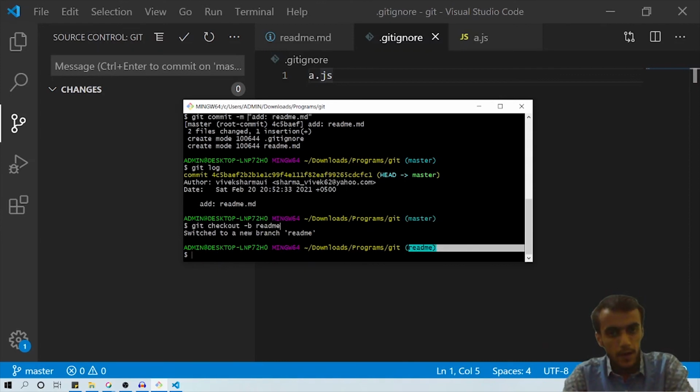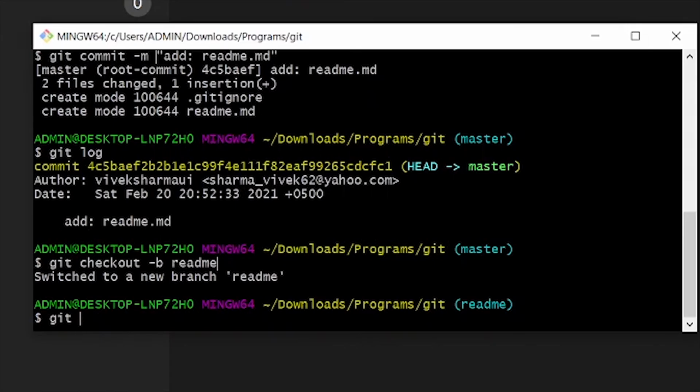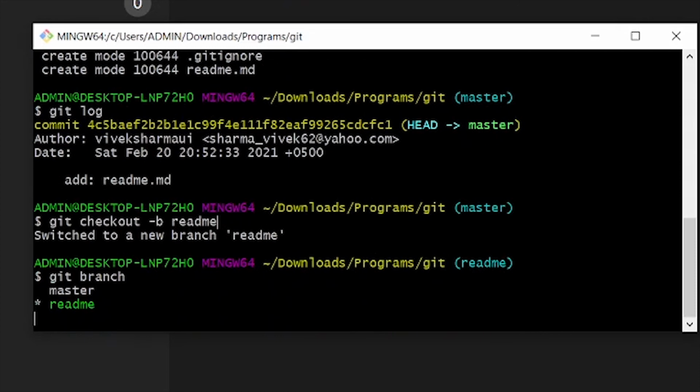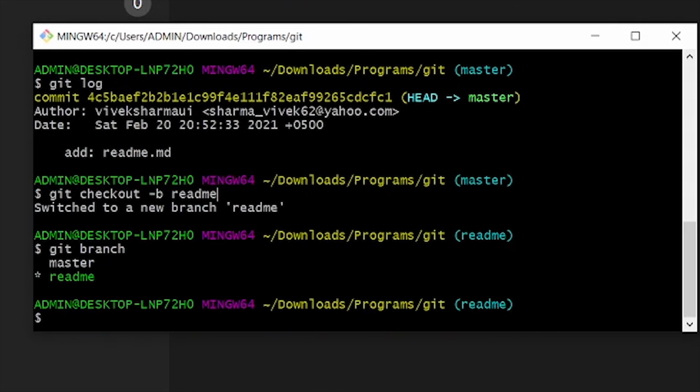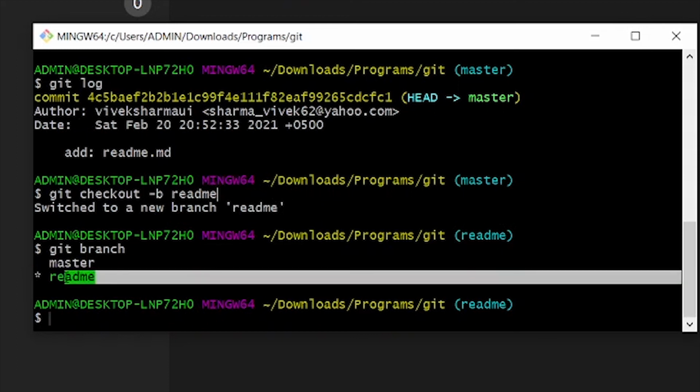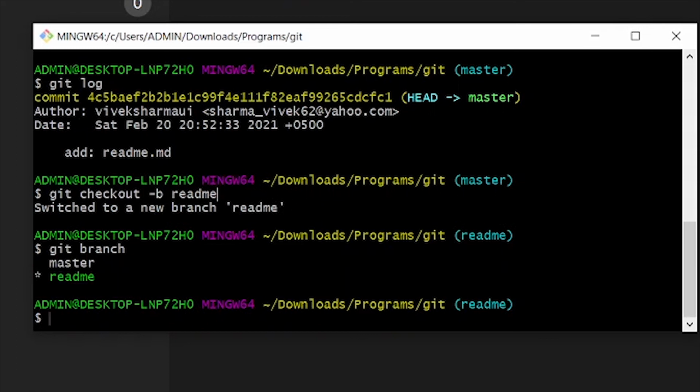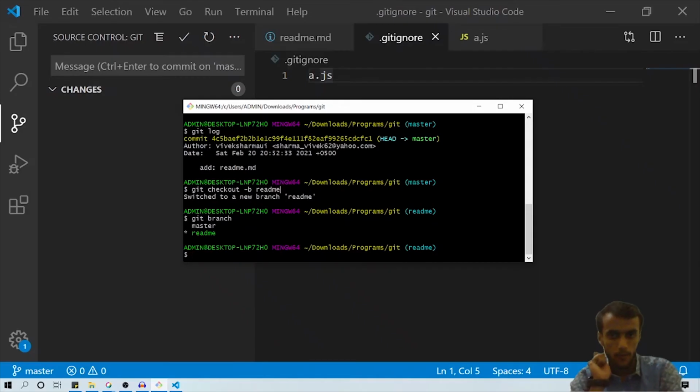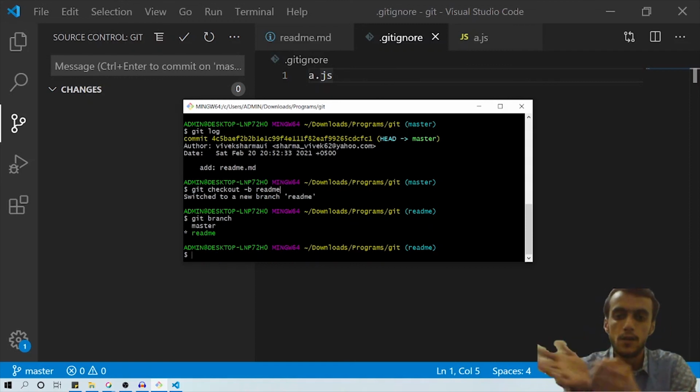If you want to check how many branches you have, just write git branch. git branch will print all the branches, and it will also show you which branch you are currently doing development on, right? So we switched from master to readme. Now, does readme have those changes which we did on master?